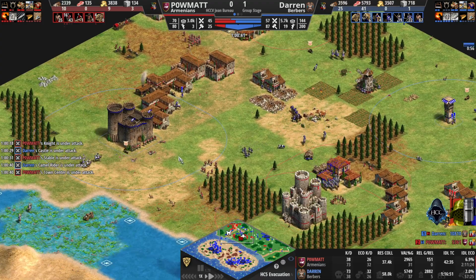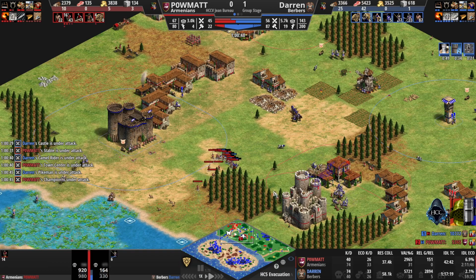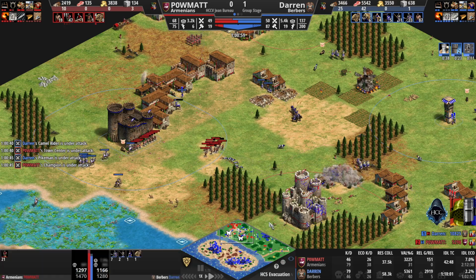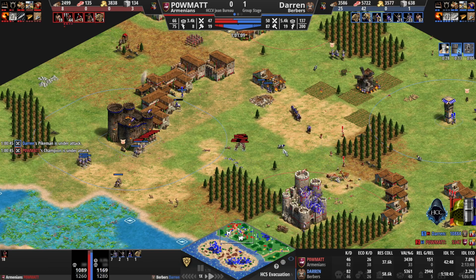I think Casbah camels may be strong because they're diving under the TCs, under the castle fire, and they are not dying as easily as I thought they would. But there's also rams soaking up that pressure. Yeah. But